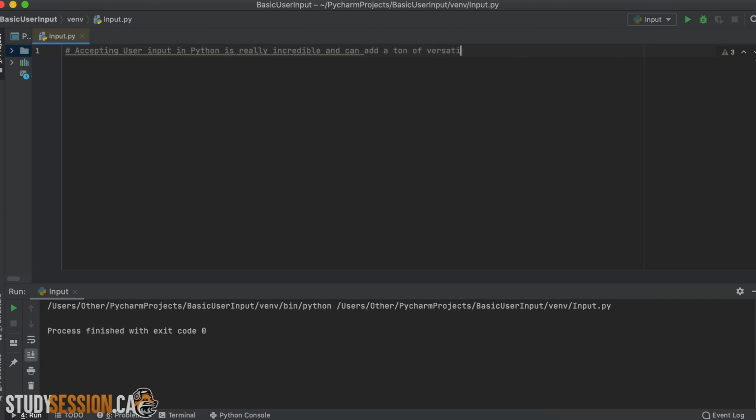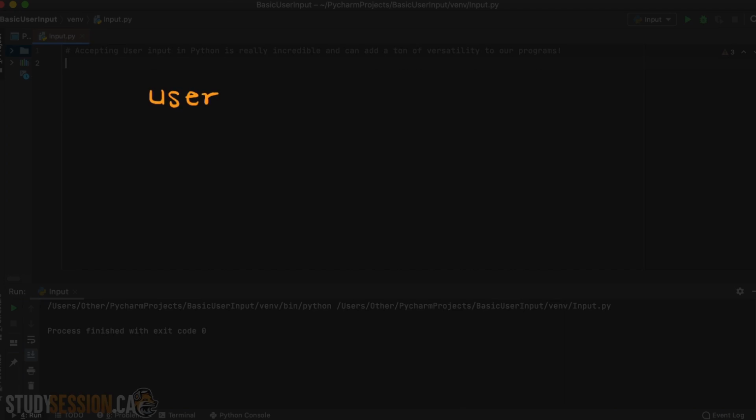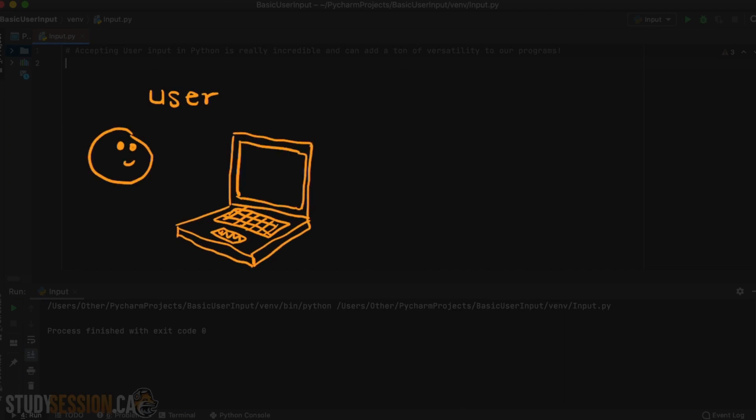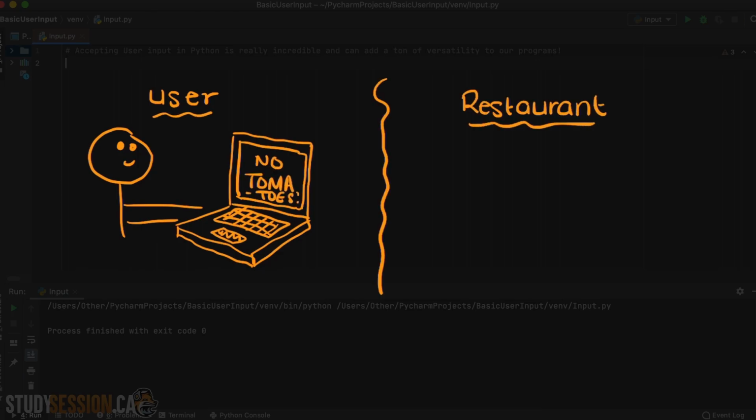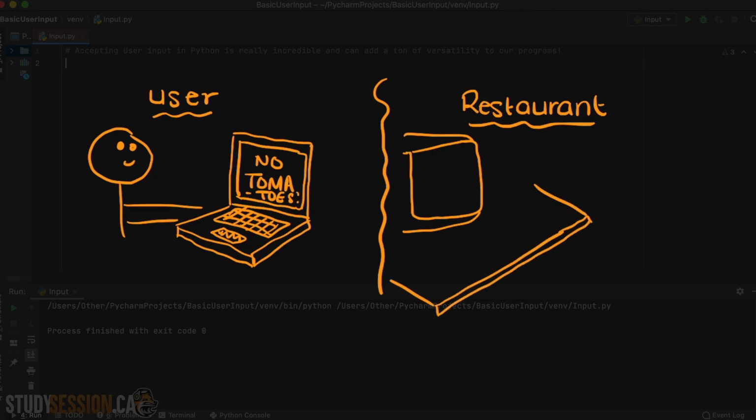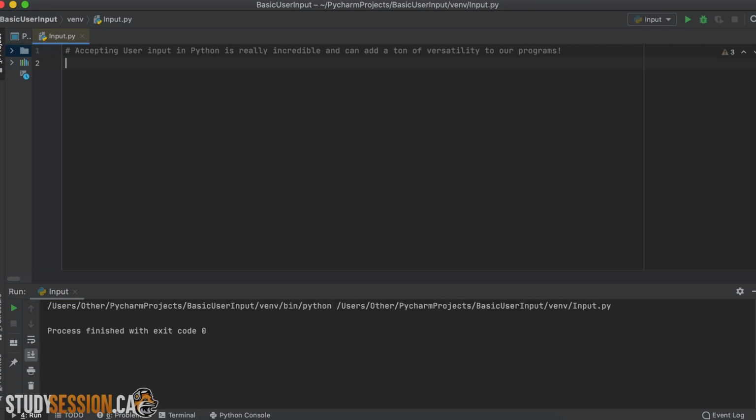Accepting user input is incredible and allows us to make our codes behave in certain ways according to whatever the user needs. For example, let's say that you are creating an online ordering system that determines what toppings your customer wants on their taco. So, the user will type no tomatoes, for example. This input of no tomatoes will then be used in our print statement to the screen that our workers assembling the taco will see. Although this is rather a trivial example, this should get you thinking about all the ways in which inputs can be used.